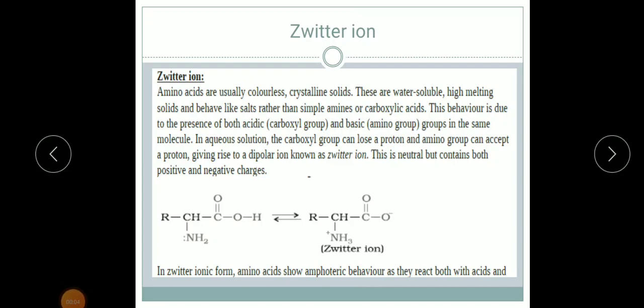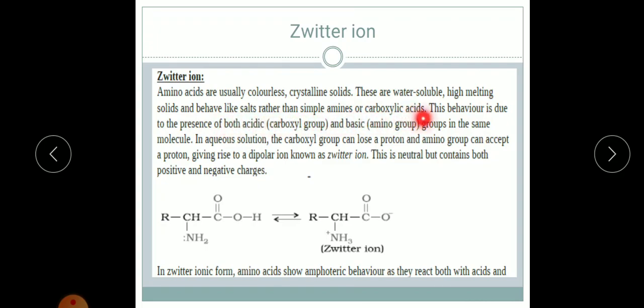Yesterday we just started this topic, zwitterions, and I will explain it once again, just a revision for you all. Zwitterions are the ions of amino acids, we can say. They are colorless and crystalline solids. These are water soluble and they have high melting points, and they behave like salts rather than simple amines